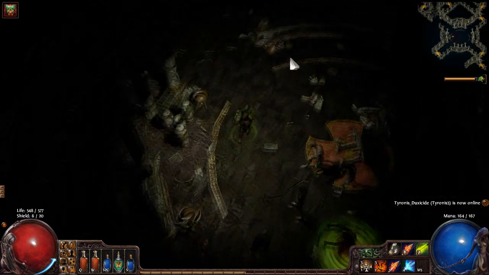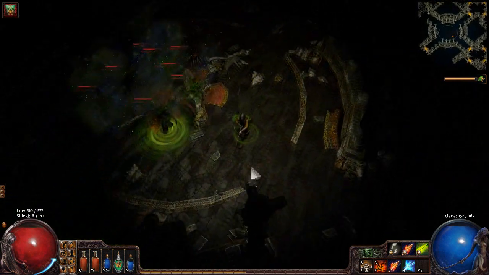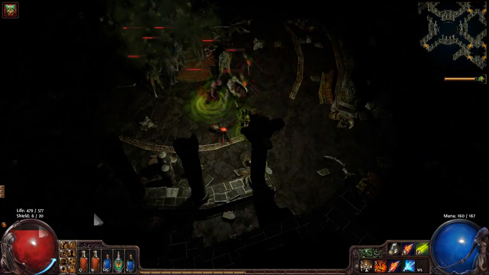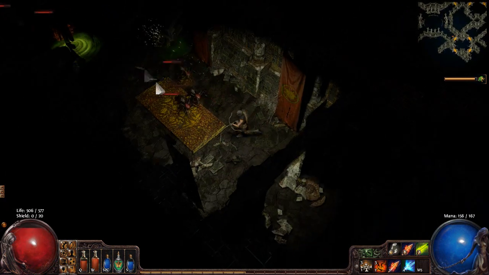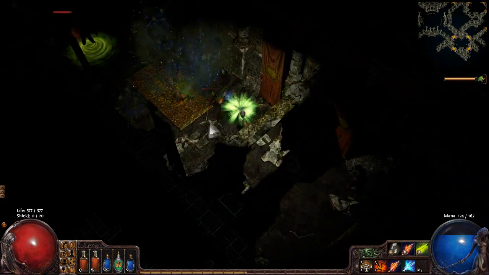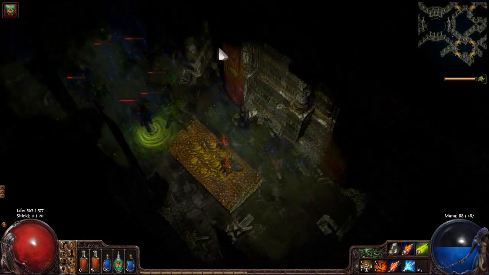This is the first degeneration mob that we've encountered that just applies a degen. There's no way to avoid this. If you stand near him, you're going to take a lot of life damage. As you can see, it degens my life down very quickly. So the only way to deal with this is to flask carefully. So flask through it. Make sure you're using the full duration of your flask, or simply stay out of